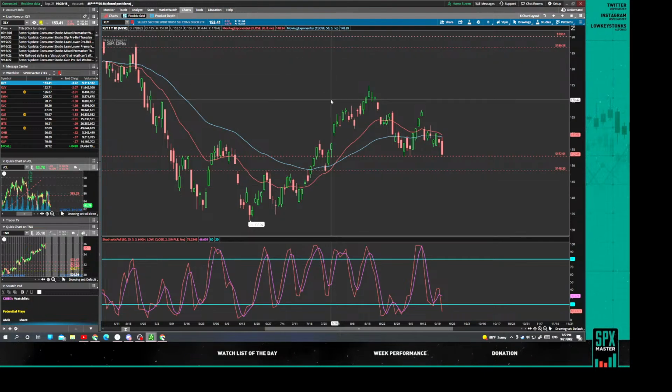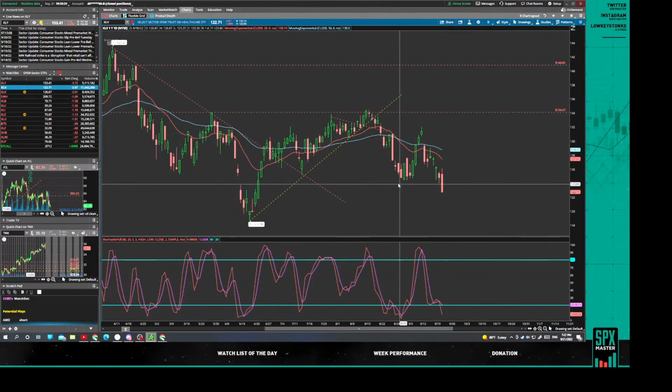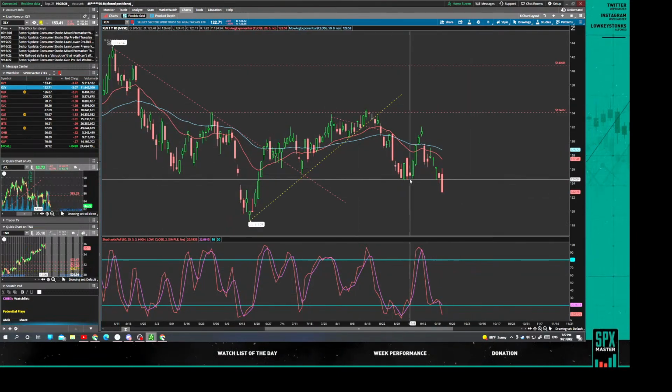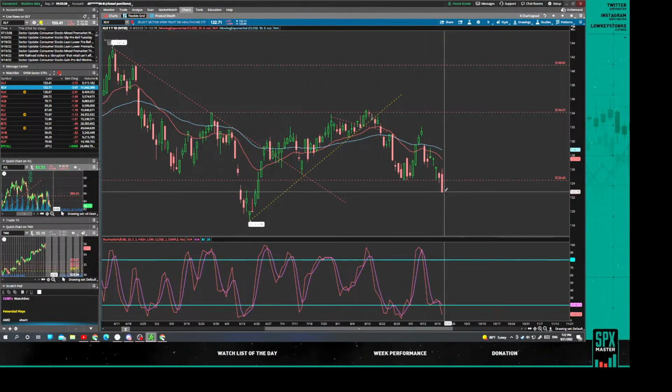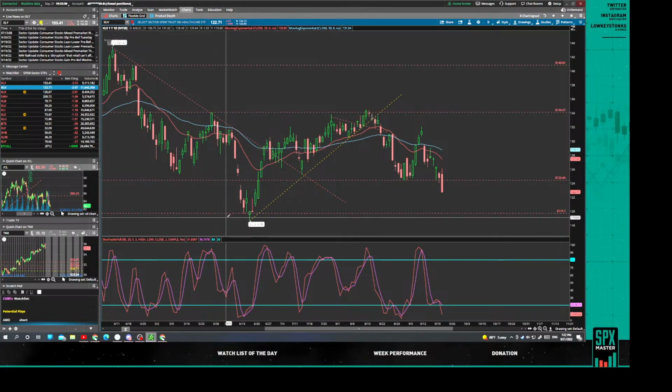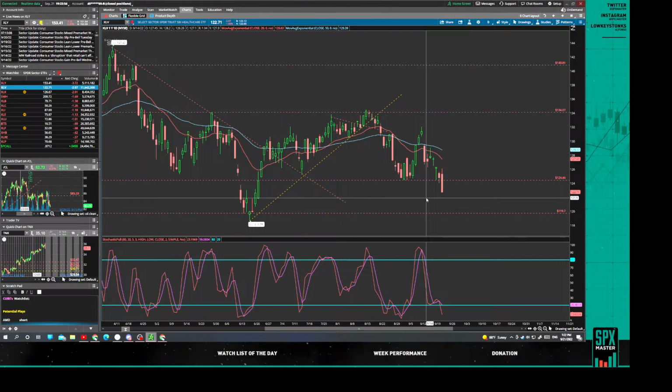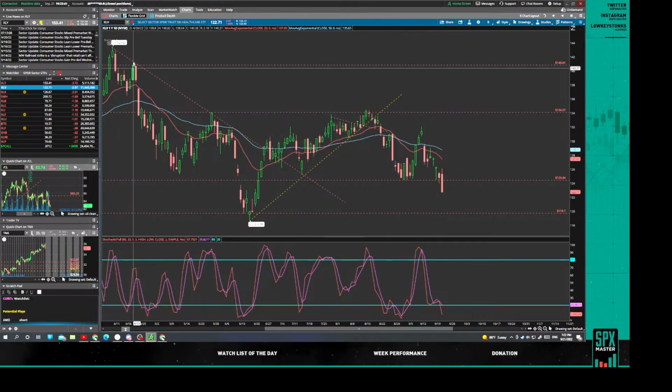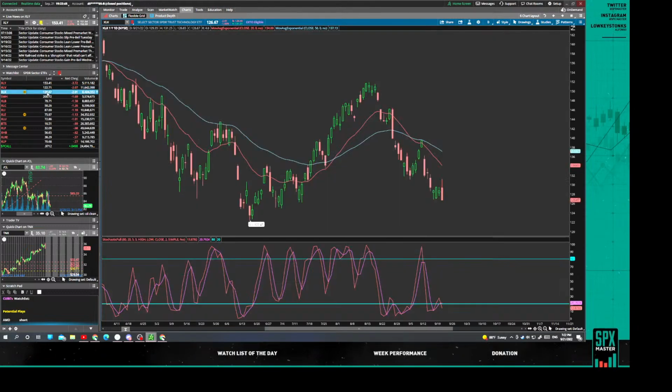This is XLY: Target, Tesla, Advanced Auto Parts, O'Reilly, all this stuff, cruise lines and all this stuff. And this is healthcare. This is extremely bearish and it's one of the heavyweights. Healthcare is broken off of this level right here, and we're looking into these lows right here. Let me check something real quick. So we got that going on. Healthcare is bearish. It looks like it broke big time support right there.